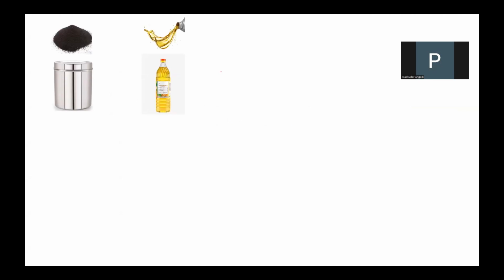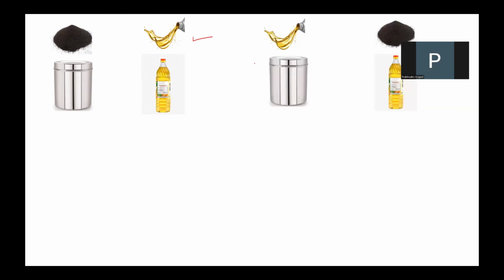So here you see there is a box and there is an oil bottle. In the box, you will add tea powder, and in the oil bottle, you will add oil. But what if you add oil in the box and in the oil bottle you add tea powder? This is wrong. In the same manner, in Java, if you want to store or add some value in a data type, then